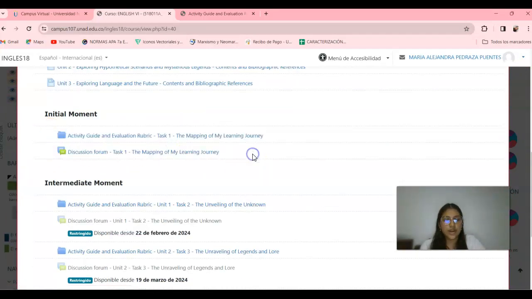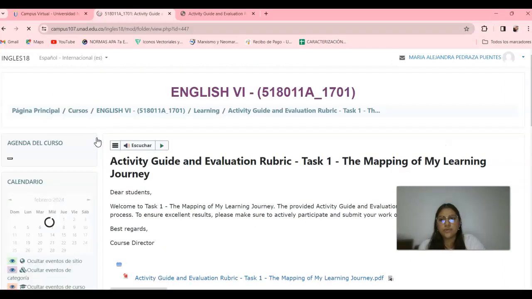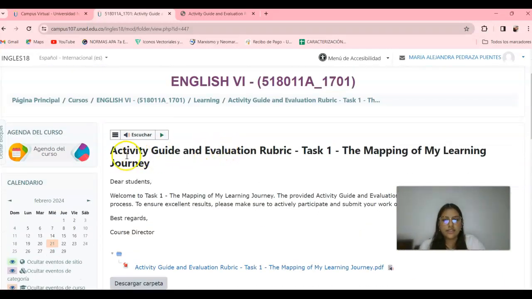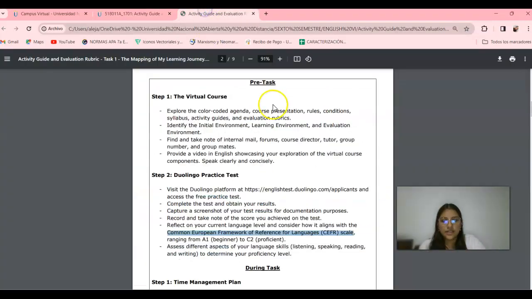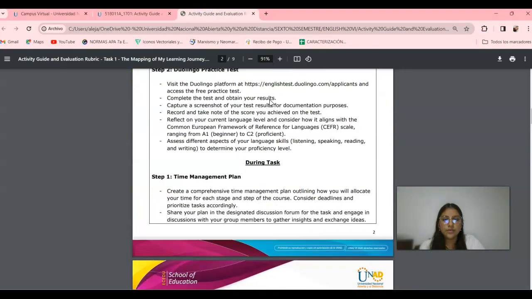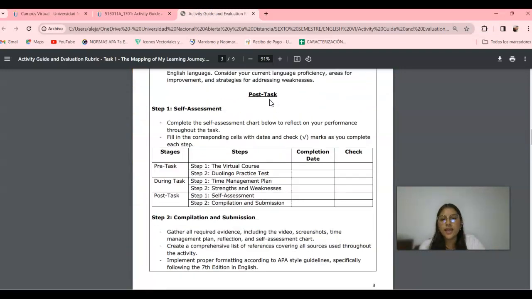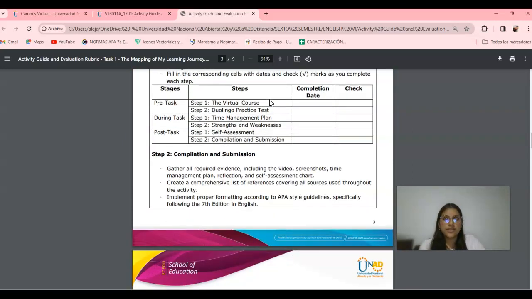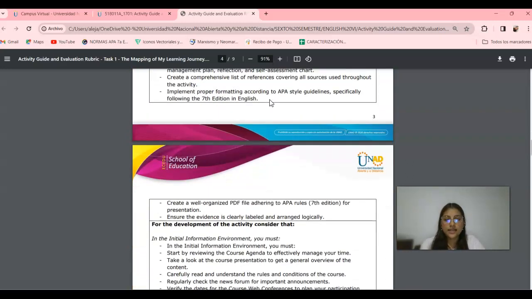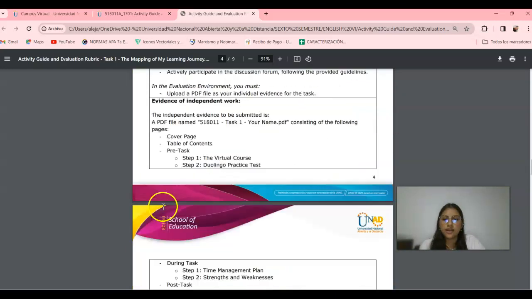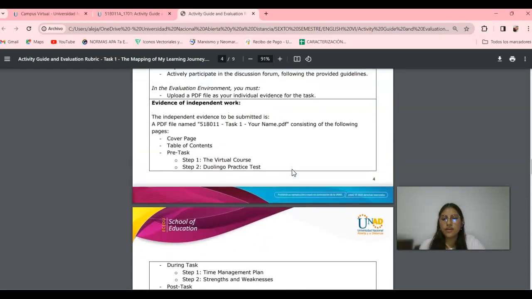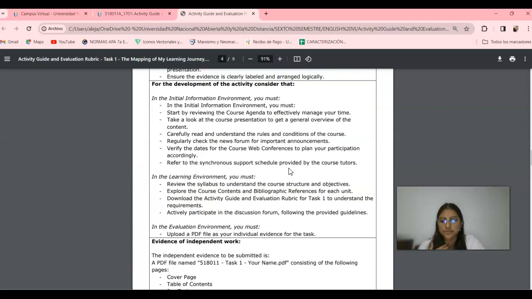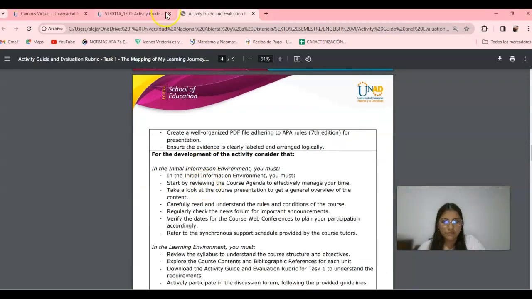Once we review the syllabus, we will be able to start with our guidelines, with our tasks. For example, in this case, we're having our first task. We will be able to find the activity guide and evaluation rubric. We can download it. I already have it here. In the one, it will show all the steps that we have to do on this task, like the things that the PDF in this case has to have, and all the resources. In this case, that will be it for our